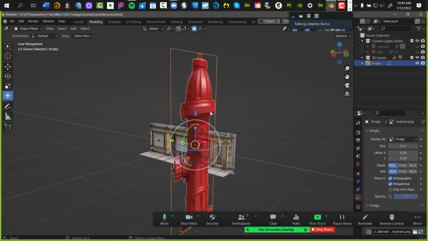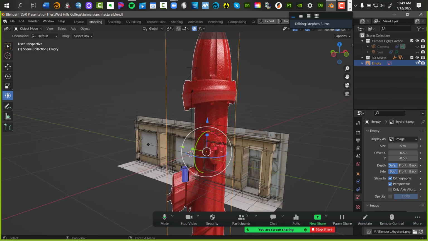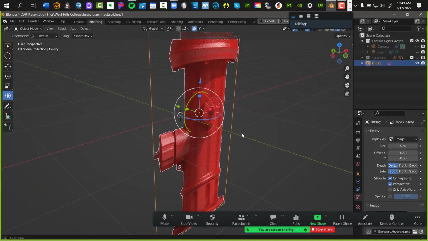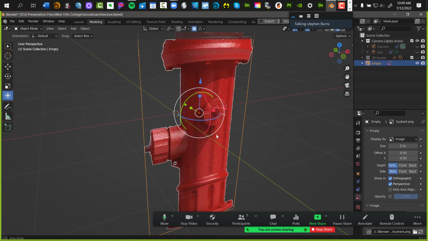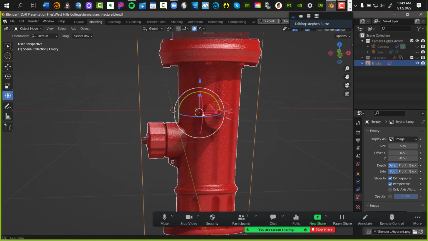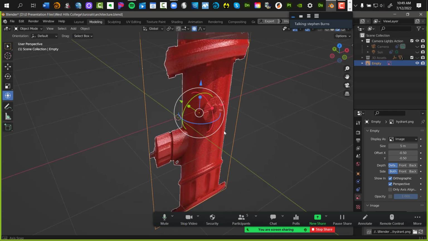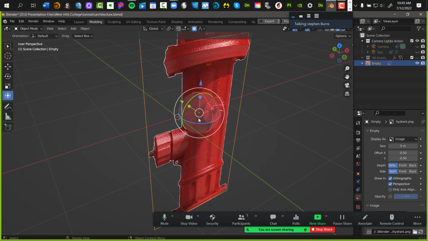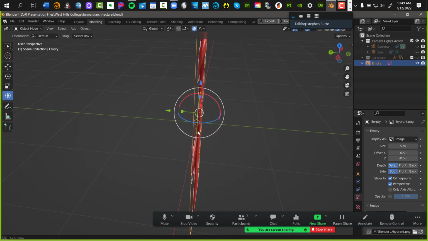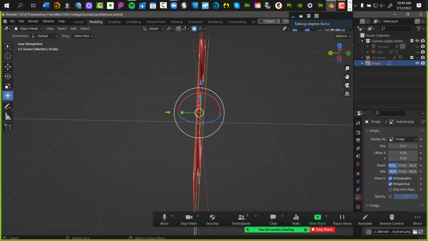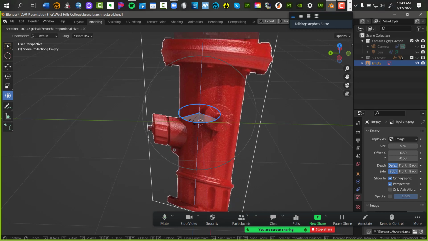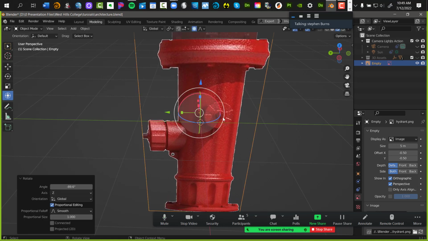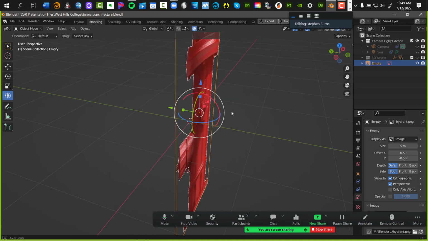In other words, I want to rotate this fire hydrant 90 degrees on the Z-axis. How do I know it's on the Z-axis? Because when I have my transform button here turned on, whenever I select my 3D object, I get this 3D symbol. The red, green, and blue, X, Y, and Z. So the Z is in blue. I want to rotate it 90 degrees so that it's facing in this direction. Does that make sense? So I can either physically drag it and rotate it like this, right, by clicking on the Z-axis, or I can use a shortcut.